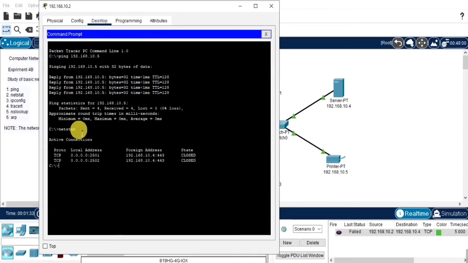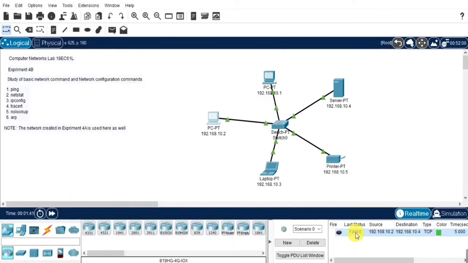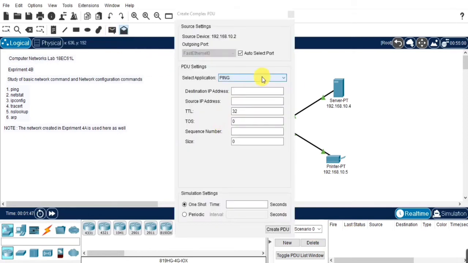So for that, go to command prompt and give the command netstat. Here we can see the TCP. Here we are seeing the IP address, how it has been transmitted. We are sending the information by choosing those.